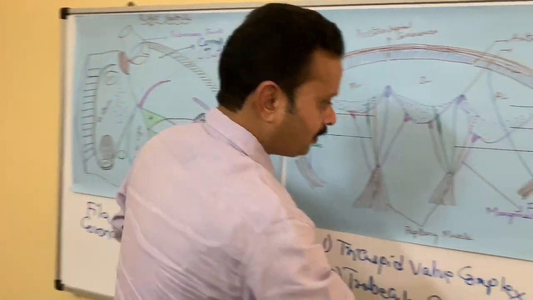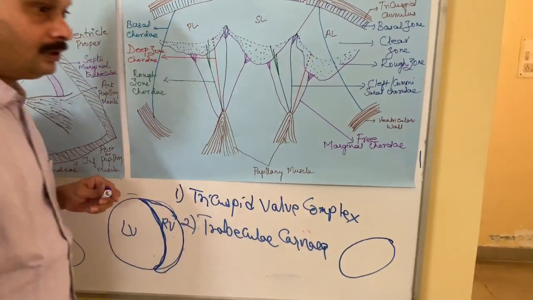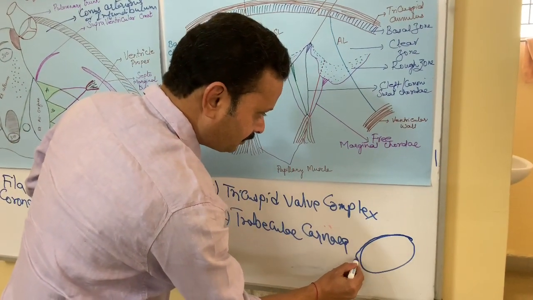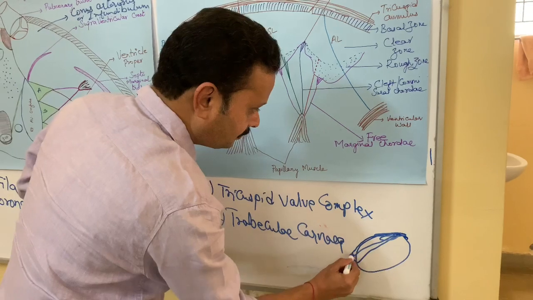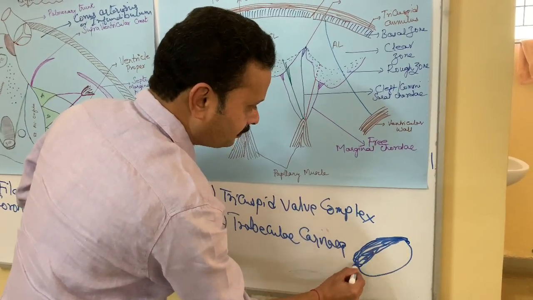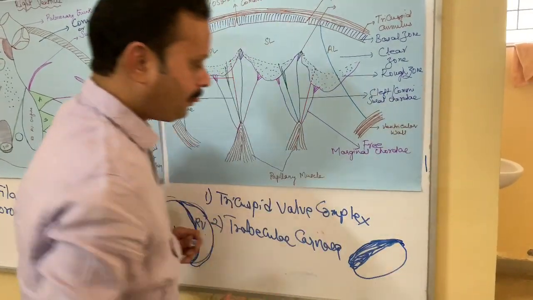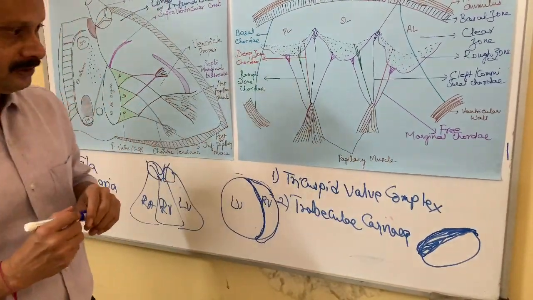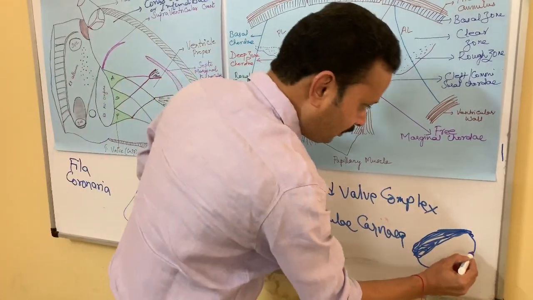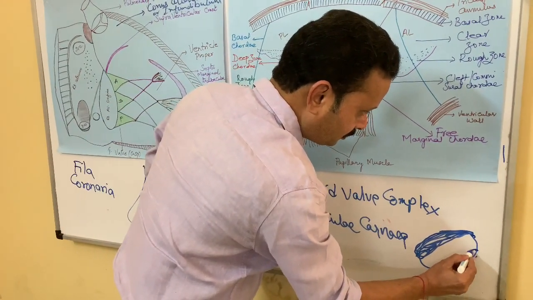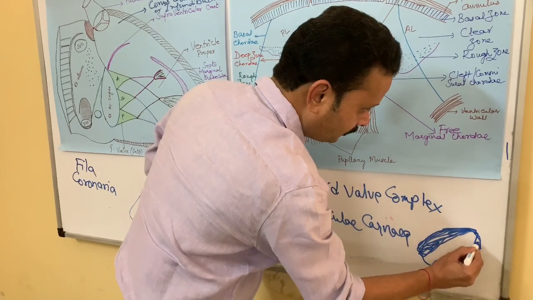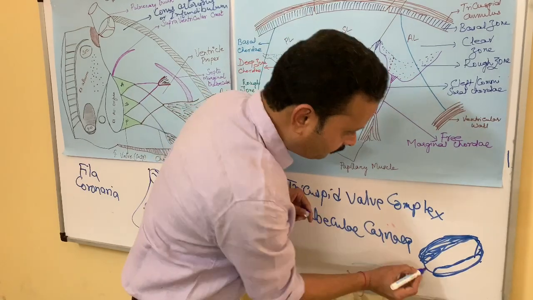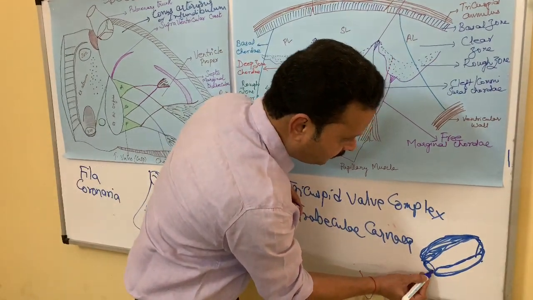If you see this as the orifice, anterior valve occupies the anterior margin. Now anterior valve is larger, and it is attached to the most of the anterior aspect of the tricuspid orifice, and the posterior valve is attached to the posterior wall like this. So this completely is the attachment of the posterior valve, and midway between the two, the smaller one, the septal valve is attached between the two.